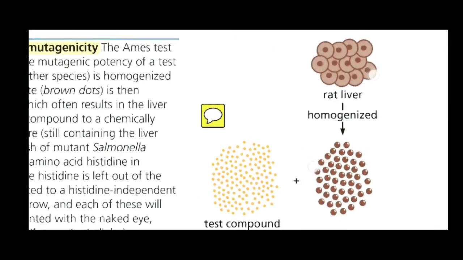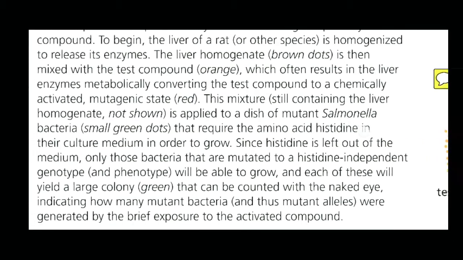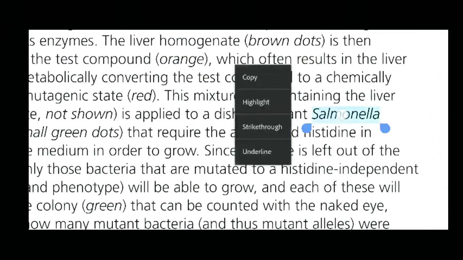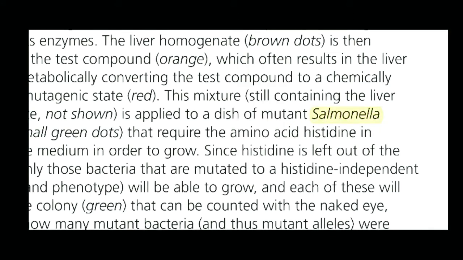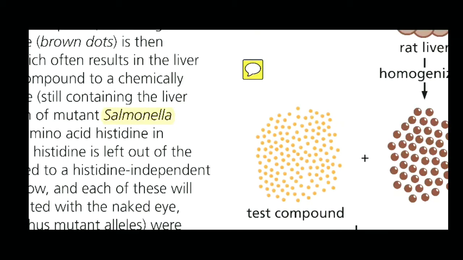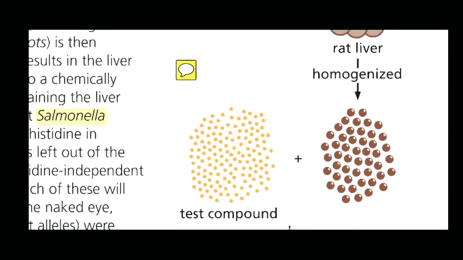You can see here Salmonella typhi is the mutant bacteria taken for this experiment. This mutant is unable to produce the amino acid histidine. The histidine amino acid is unable to be formed by this mutant type of Salmonella typhi. So whenever this mutant type